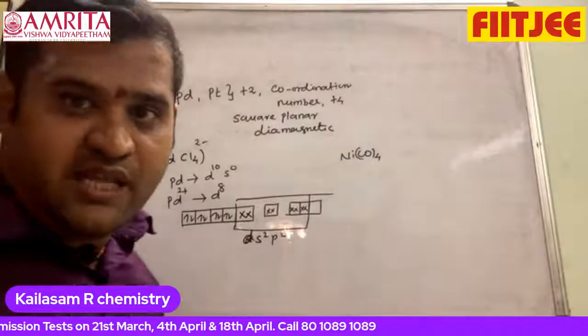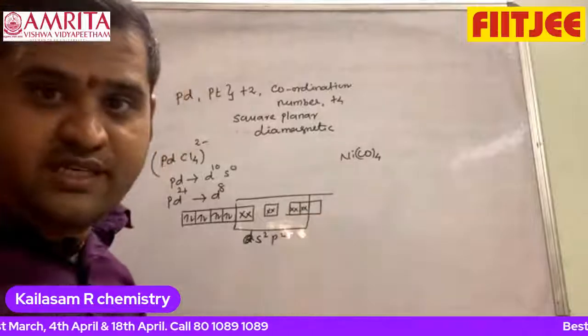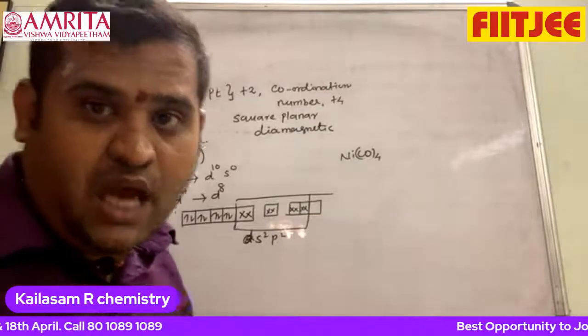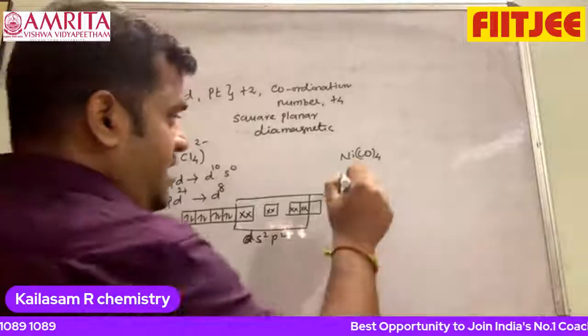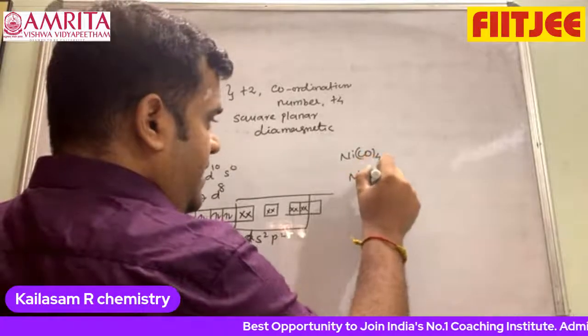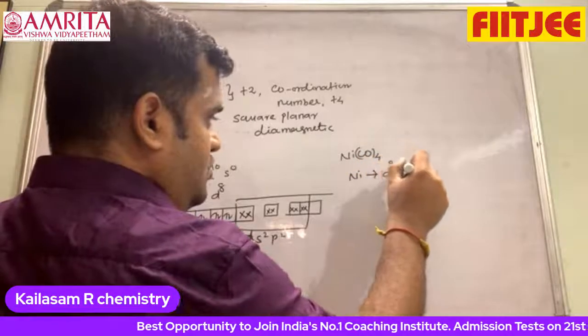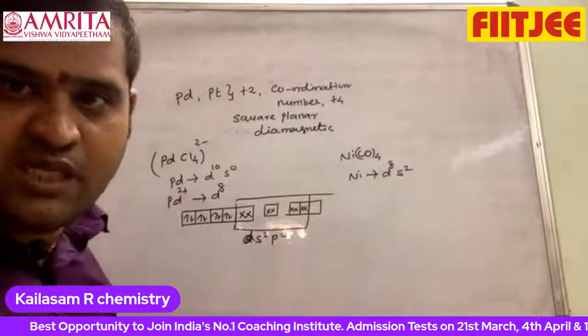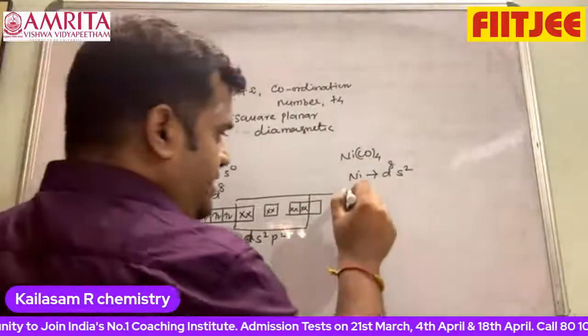Ni(CO)4. What is the hybridization? Here nickel is in what oxidation state? Zero oxidation state. Ni(CO)4 is a tetrahedral complex. How? Look at this. Now I am taking nickel, Ni 3d8 4s2. Why is nickel in zero oxidation state? Because CO is a neutral ligand. Now I can write it as